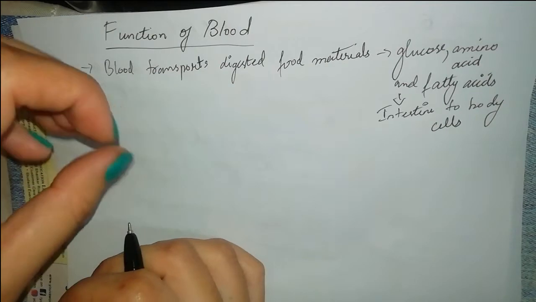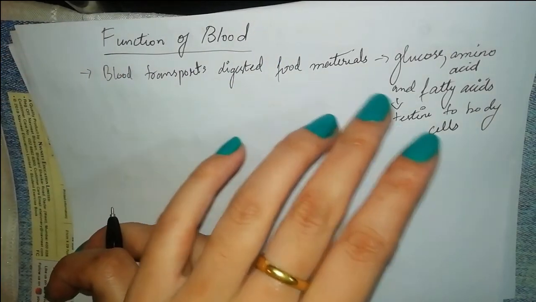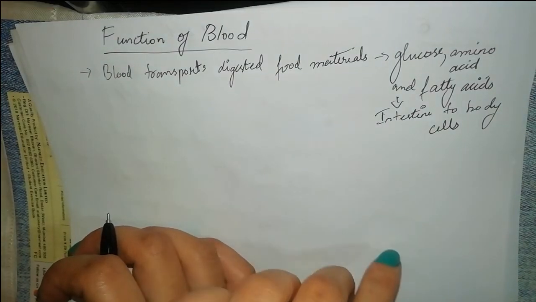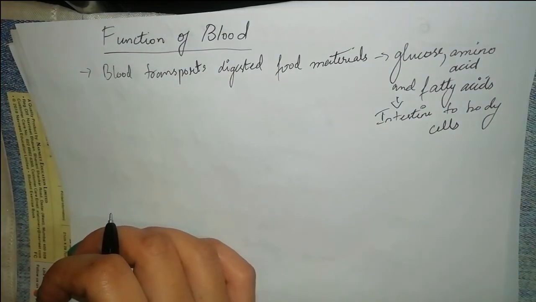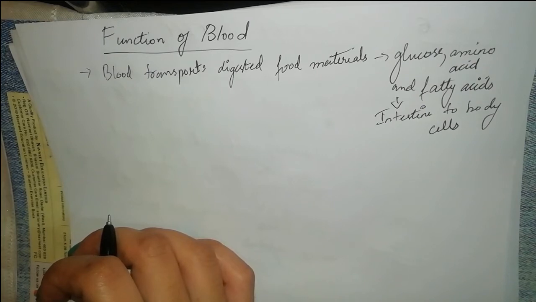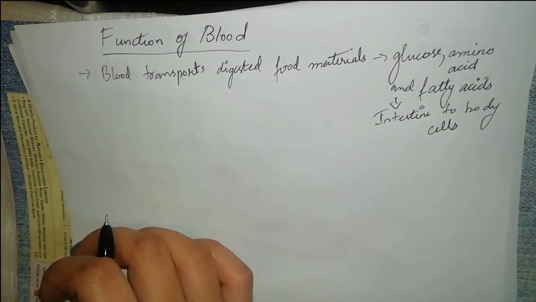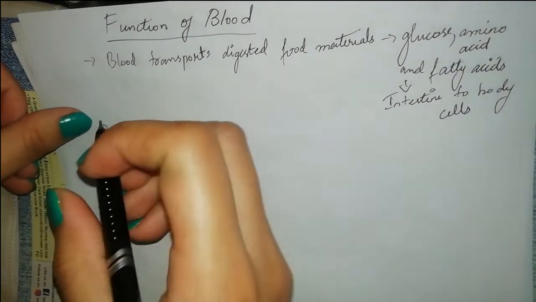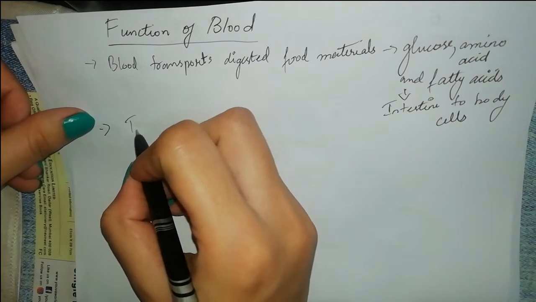So your blood will carry all these food materials, glucose, amino acids, fatty acids, from the intestine and transport them to the body cells, so that they get all the food materials necessary to carry out your various life processes. Now the second point is that it helps in transporting